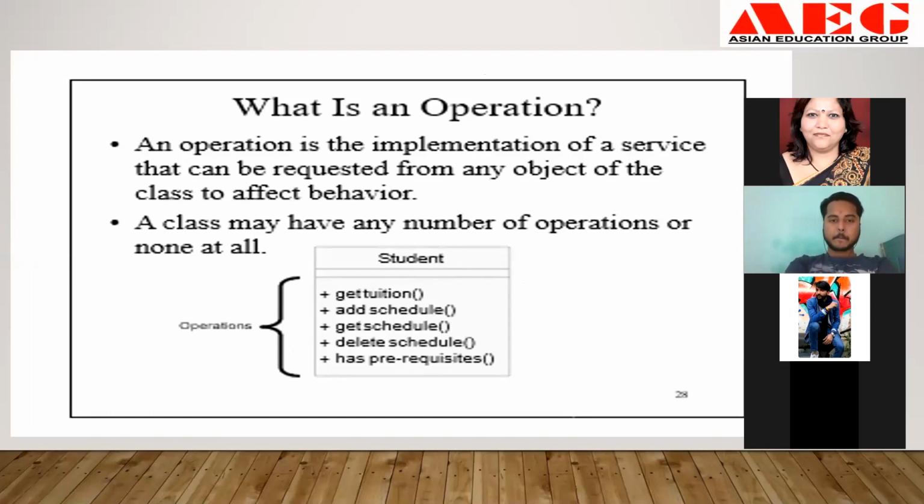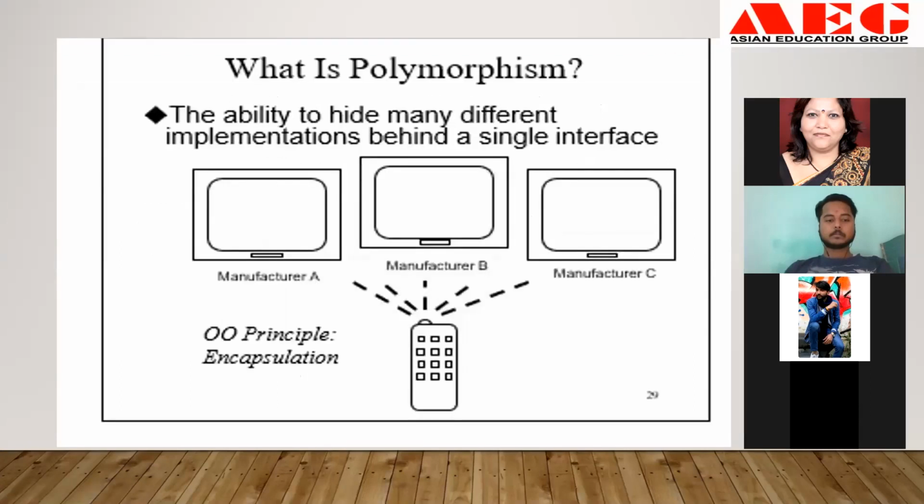As you people are students, every student has their own method of studying. Suppose you are objects of the student class, then all the properties will be common for all of you. But some people will get tuition, some people will prepare by themselves, and many more things can be there. So this is the way in which the behavior or operations of a student can differ, but the attributes or properties will remain the same.